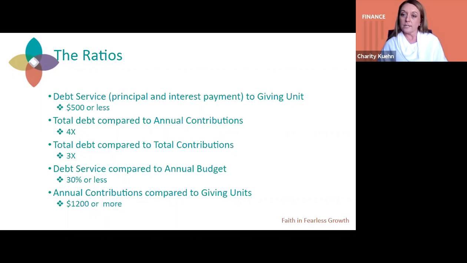If for some reason all of those pieces were already done and you came to me and said, help me find a loan, we're ready to go, I usually tell a church that it's going to be about 8 weeks from the time that you provide me all the information to the time that we are ready to close and fund. That's really hard to nail down if it's a building project, because you just don't know how long some of that stuff is going to take, but that gives you a general idea.